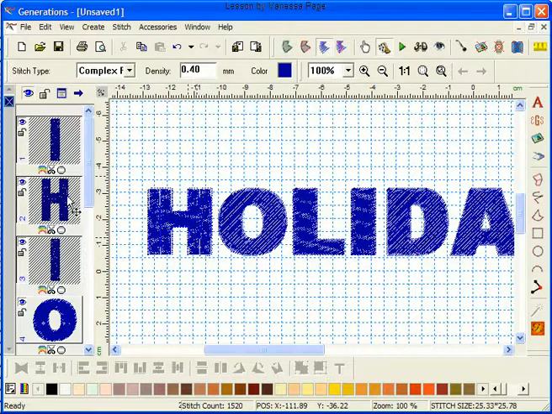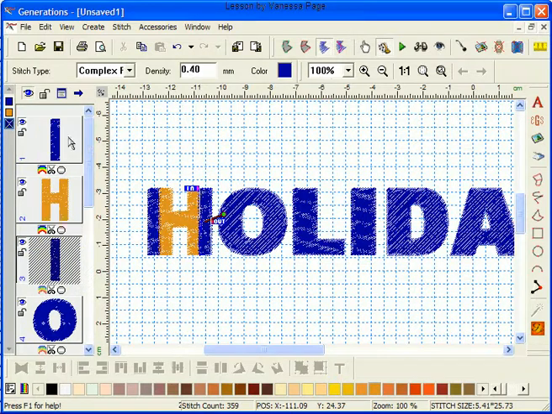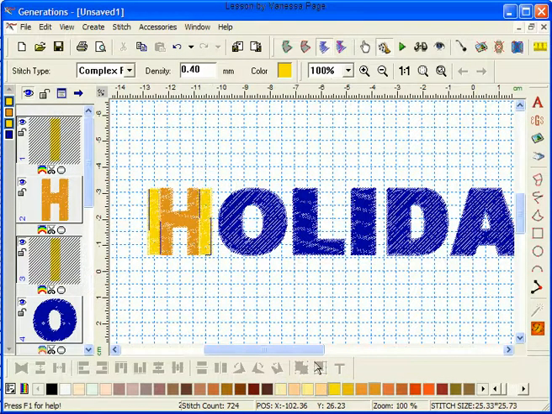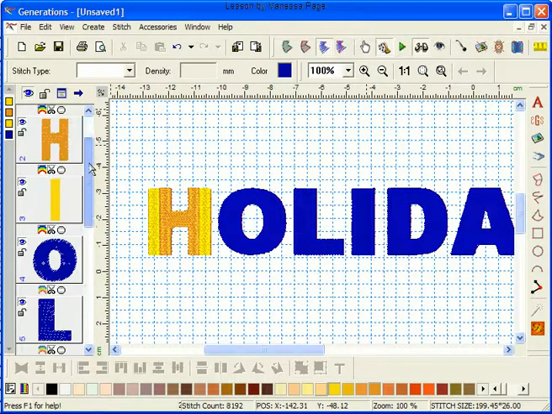So now I have the H, which I'll turn orange, and either side, holding down my control key, I'll turn them yellow. Now if you 3D view, you see we have a simple two-colour H of the word holiday. Now I'm going to select the O,